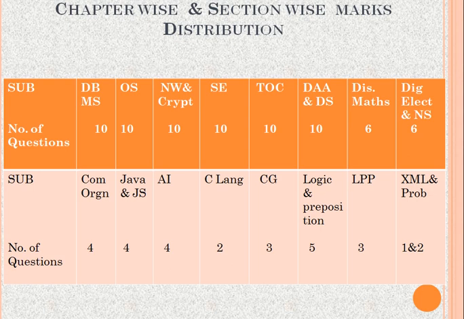Next comes the OS. Once again it is also a very broad topic. With respect to OS, from where do we get these questions? Most of the questions come from process scheduling, different types, deadlocks, synchronization, memory management, etc. Next comes network and cryptography, such as IP address conversion. These are the important topics with respect to network and cryptography.